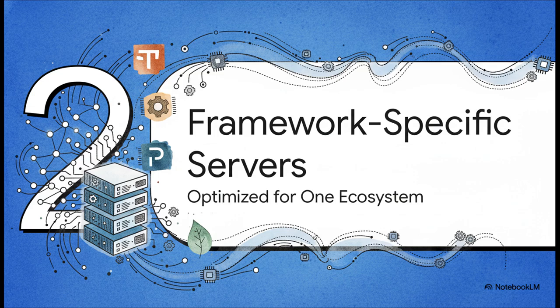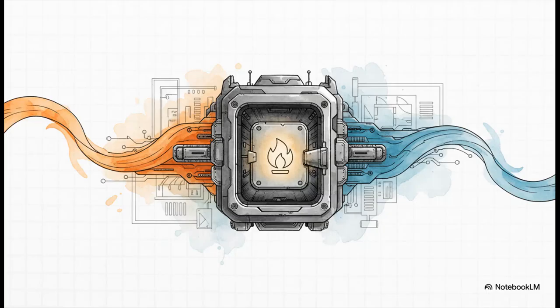So, how do we actually handle all this complexity? Let's start by looking at our first group of tools, the framework-specific servers. These are the ones that are built to be masters of one specific ML ecosystem. First up, if your team lives and breathes PyTorch, then TorchServe is your go-to. It was co-developed by AWS and Meta, so you know it's built for serious, enterprise-level work, and it's tailored specifically